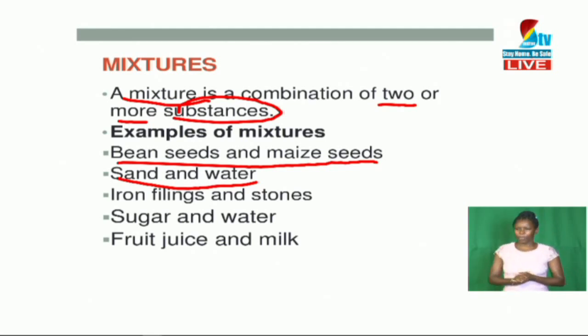And then let us look at fruit juice and milk. This one is a mixture of a liquid and another liquid. So it means that with mixtures, we can have a liquid and a liquid. We can have a mixture of a solid and another solid. We can also have a mixture of a solid and a liquid. Okay, now moving on, dear learners,